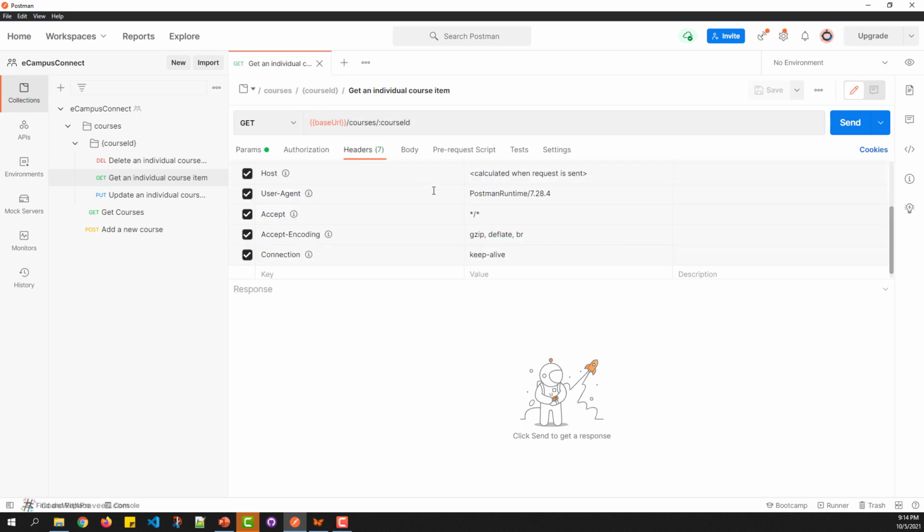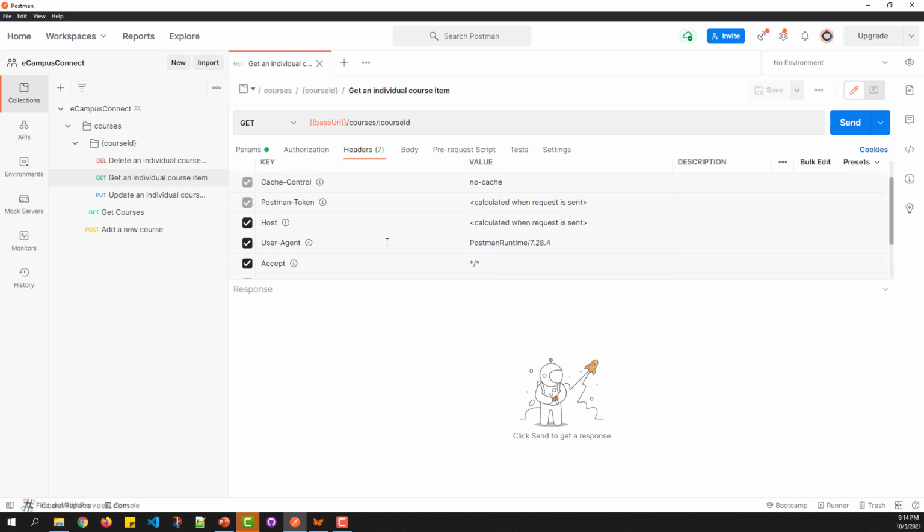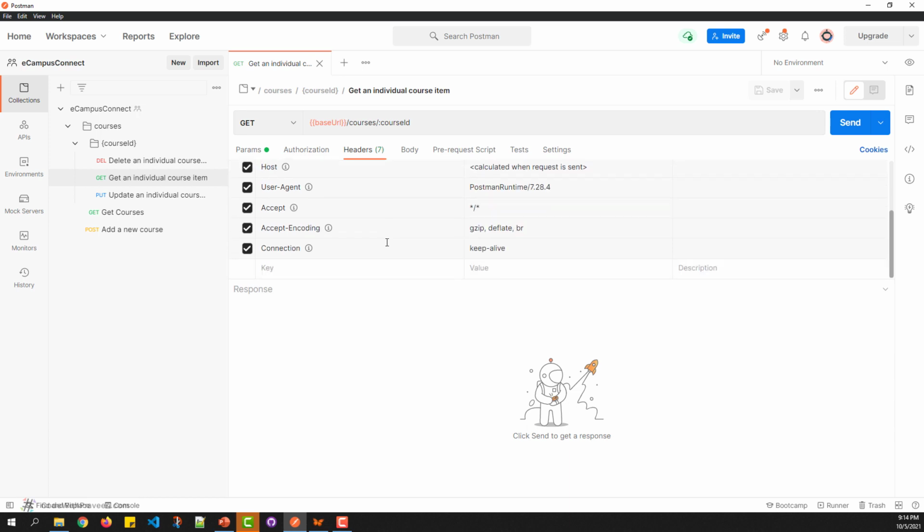Now, if you go to the header section, it contains some default key value pairs that have been added by Postman. In case you are going to support custom headers, then you can key in those key value pairs at this juncture. For example, I want to pass the API version that I am going to target for this API request. Let's say the header being supported is API version, and the value I'm going to target is 2.0. So the API version is going to be the header value that is sent when you trigger this send request to this API server.